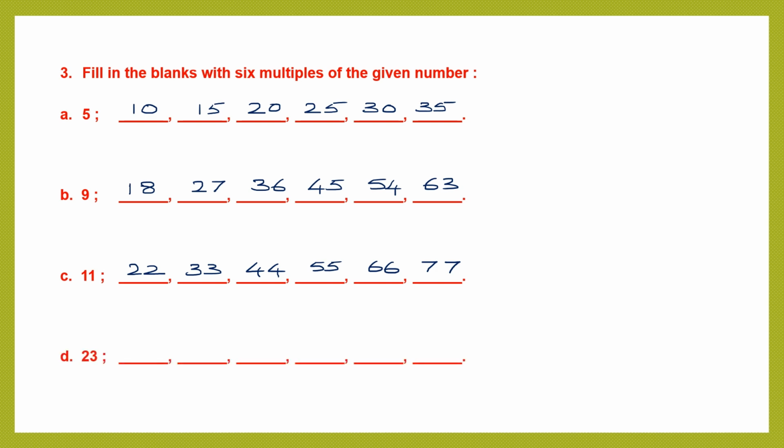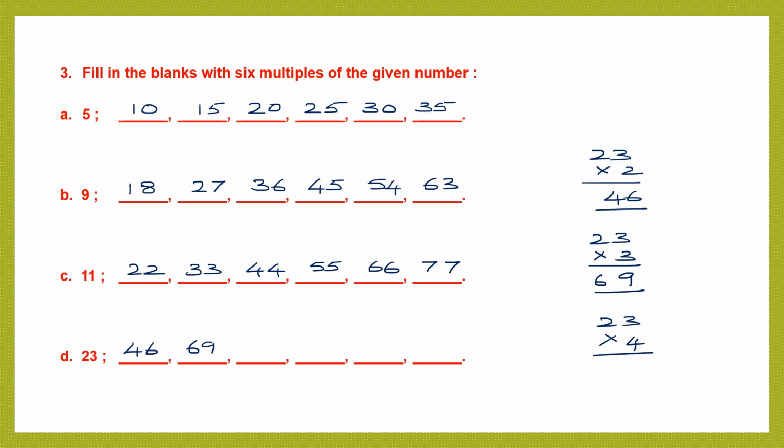Next is 23. 23 into 2. So you have to multiply. 23 into 2. 2 threes are 6, 2 twos are 4. We have 46. Next, 23 into 3. 3 threes are 9, 3 twos are 6. 69. Then we have 23 into 4. 4 threes are 12, carry 1, 4 twos are 8 plus 1, 9, 92. Then we have 23 into 5. 5 threes are 15, carry 1, 5 twos are 10 plus 1, 11,